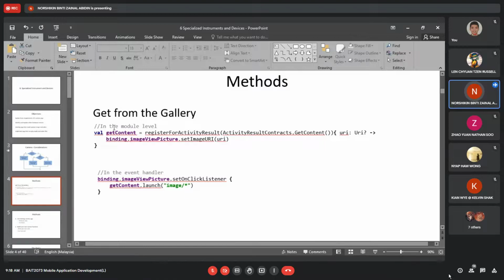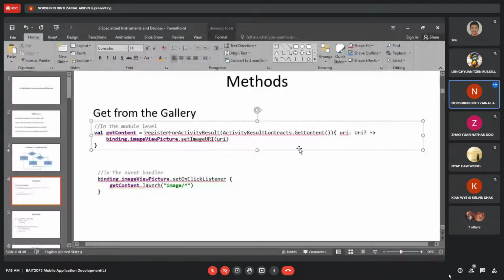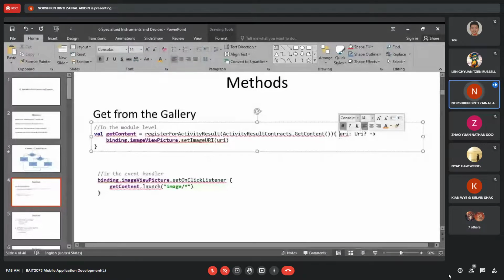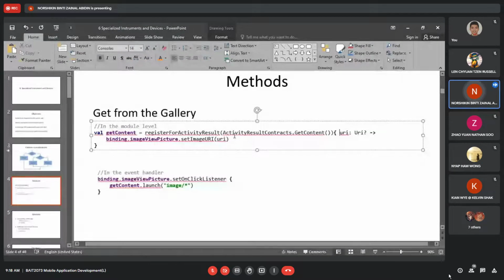The first one, in the module level, is register for activity result. This is activity result contract, get content, to get from the gallery. You get the content and then the URI, the link.